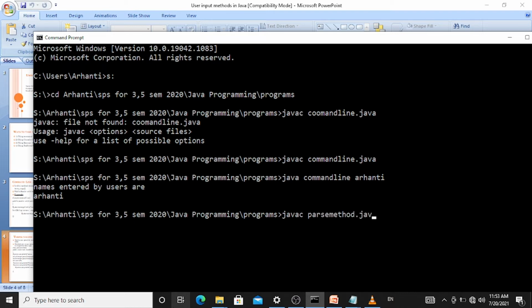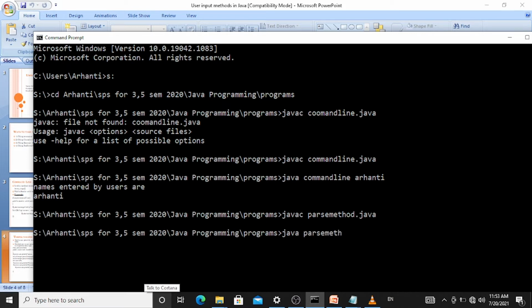javac ParseMethod.java, then java space name of the class, and here I am entering two values 34 and 56. So the value of a will be 34 and b will be 56.